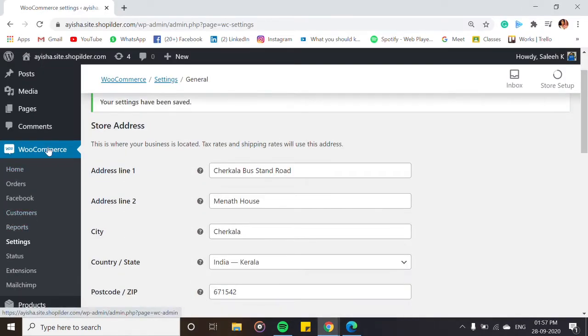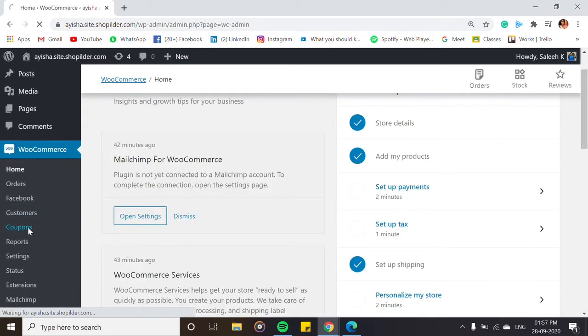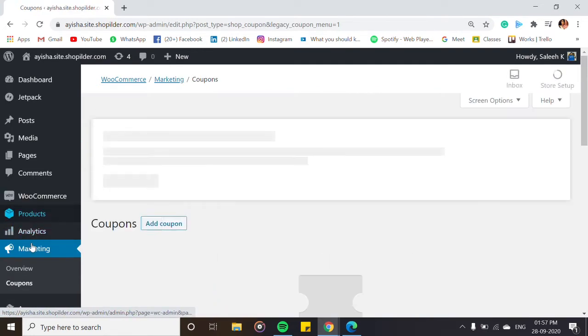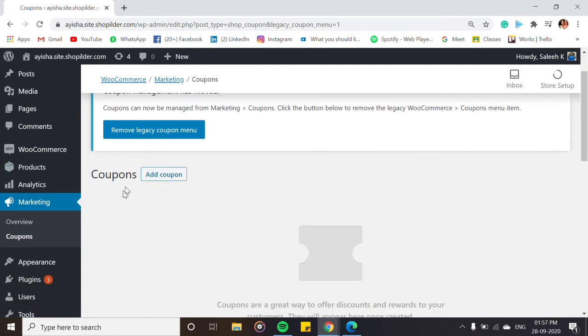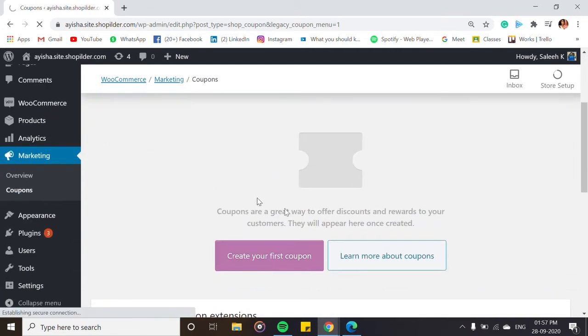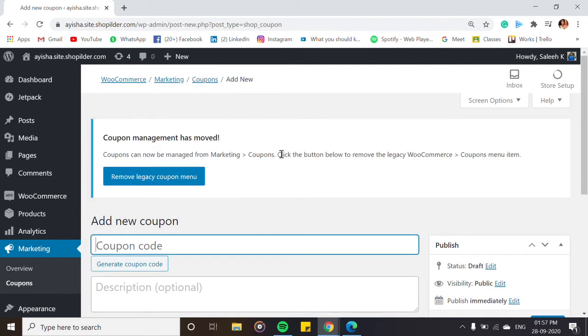So let's see how we can add coupons for your customers. Right here in the WooCommerce section itself, you can see Coupons. This is also under the marketing part, but you can do this from elsewhere. Let's add a coupon from this section. Let's say we are adding a coupon for new customers, those who are new to your website.